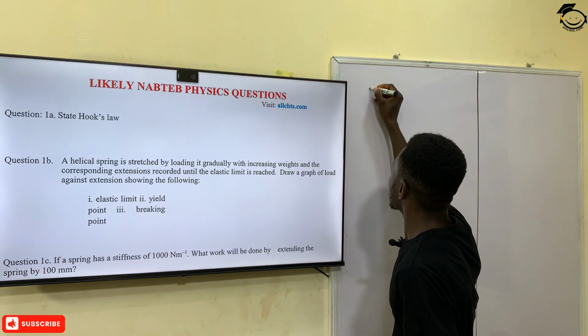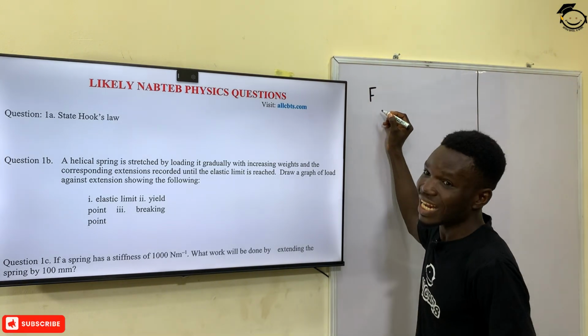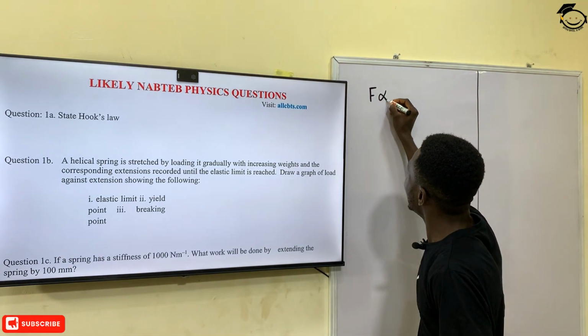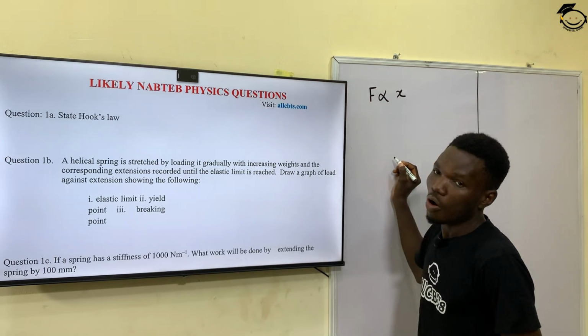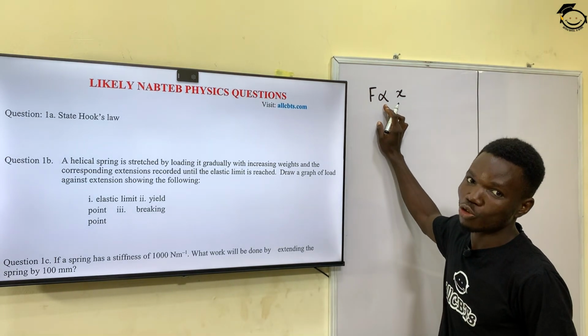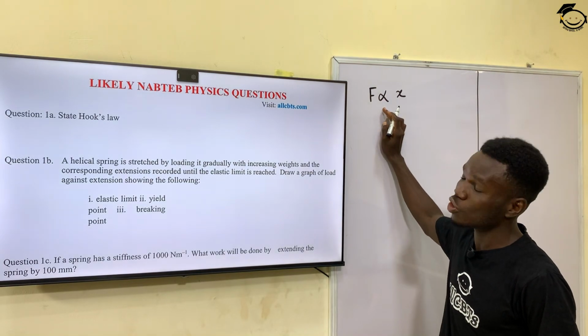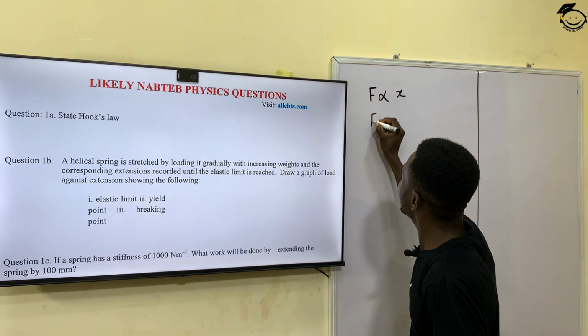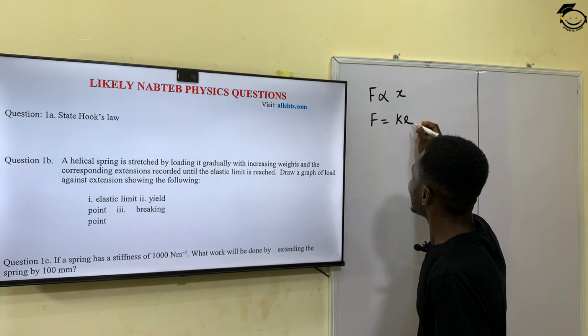So what Sir Hooke was saying is that when you apply a force to an elastic material, this force is directly proportional to the extension of the material. So if you have any sign of proportionality in physics, what you do is introduce a constant. So if I introduce my constant, this means that my F is equal to KE, where